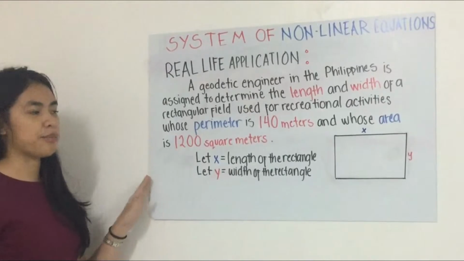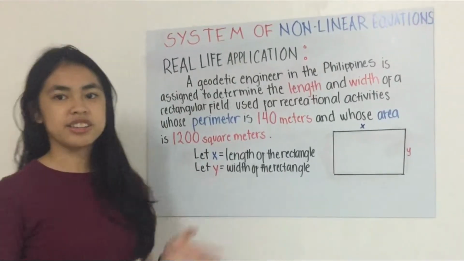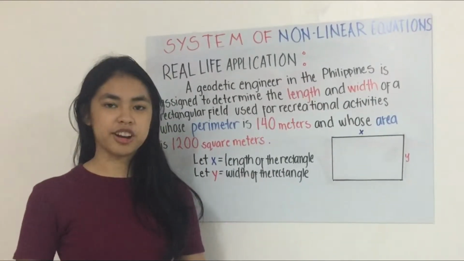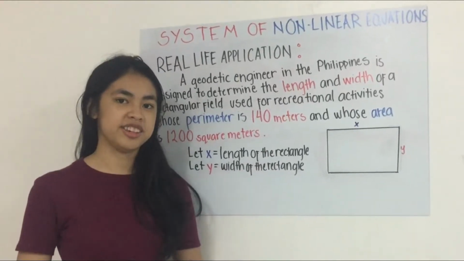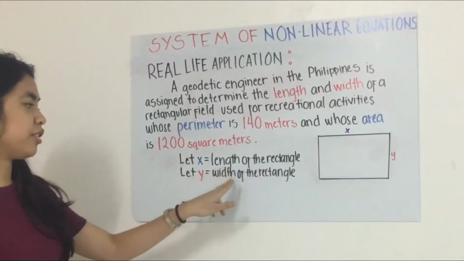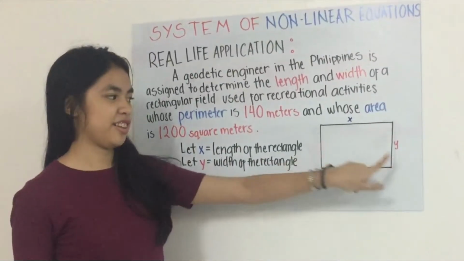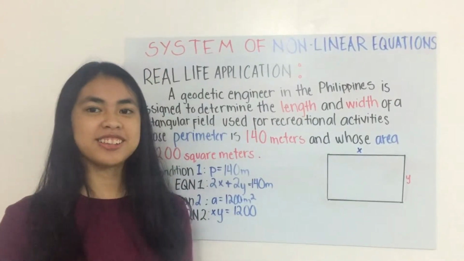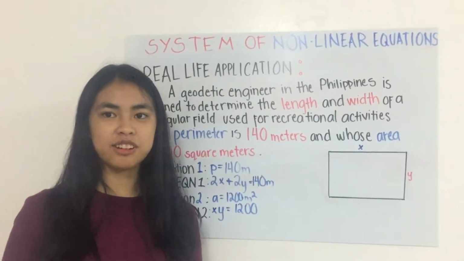So our first step in solving this problem is to illustrate the problem and use variables to represent the unknown quantities. So let x be the length of the rectangle and let y be the width of the rectangle. So our second step is to write a system of equations that models the conditions stated